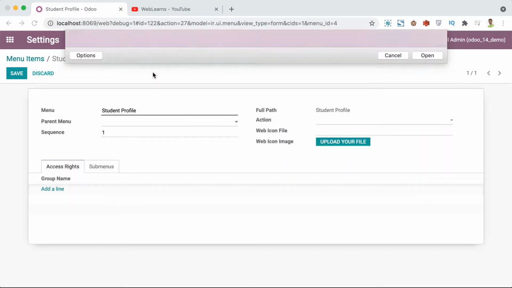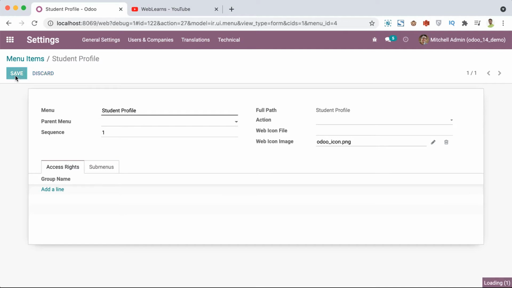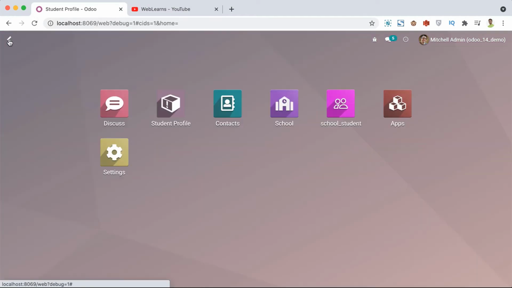Let me choose this one, Odoo icon.png, and save. Right now there is no icon, but refresh the page. Now you can see we have this icon, but school profile also has the same one. So let me add another icon, but in the backend side.